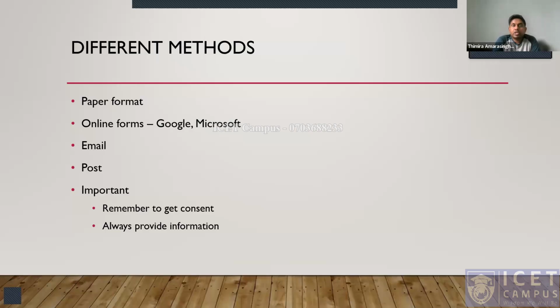Those things also need to be considered. Now, in any method, there are certain things that you have to remember. The first one is always remember to go with consent, obtaining consent. If it is a paper form, first get the consent form signed. If it is online forms, the settings must be set in a way that the participants are unable to proceed